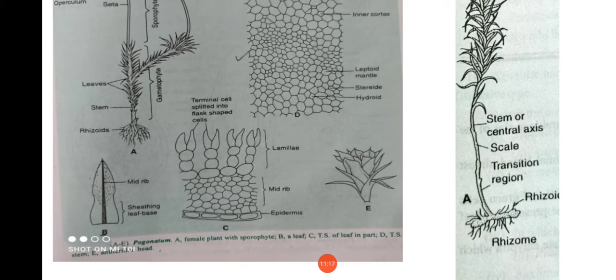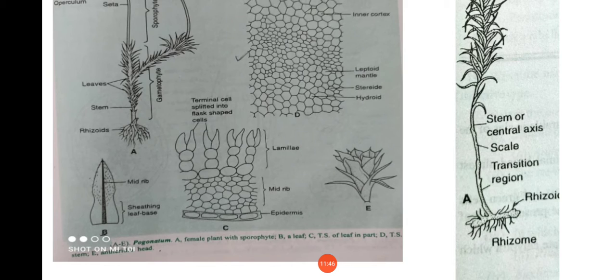And on the upper side, there is a layer of large cells from which arise many vertical plates of cells called the lamellae, which constitute the photosynthetic area of the leaf. These lamellae are separated by narrow intercellular spaces which form capillaries to hold water, and these spaces also serve for gaseous exchange.